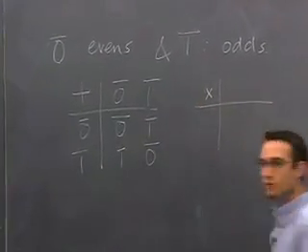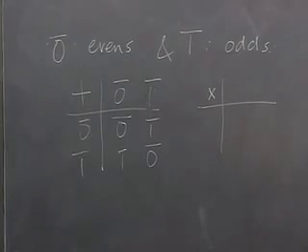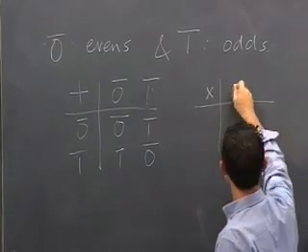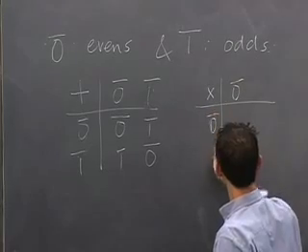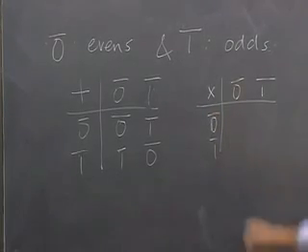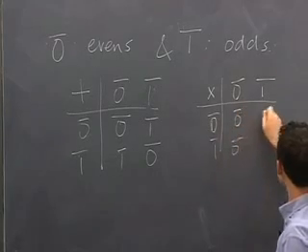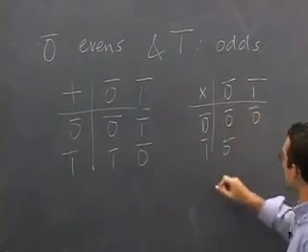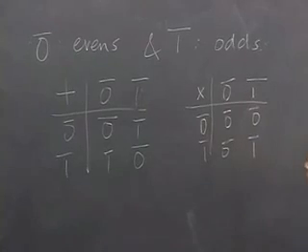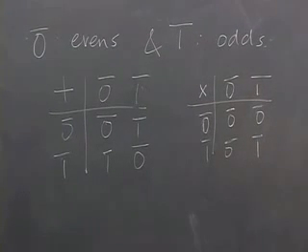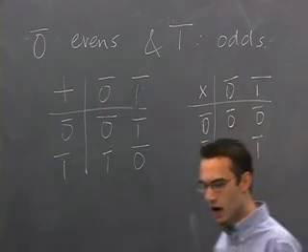Likewise, there's a multiplication table for evens and odds. If I multiply something that's even by something that's odd or even, then I certainly get something that's even. But if I multiply something odd by something odd, then I get something odd. So there's this whole simple arithmetic that goes on with evens and odds, but you have to ask